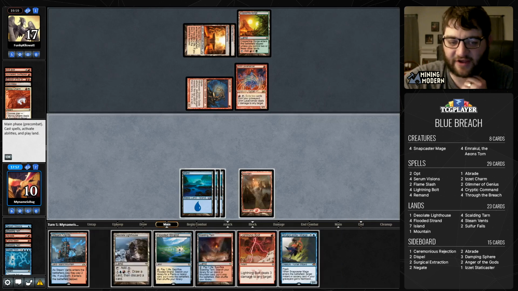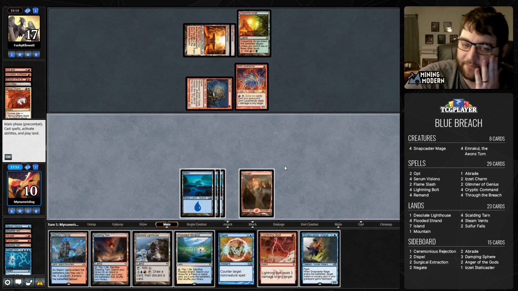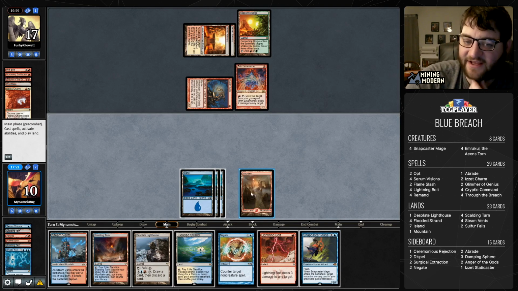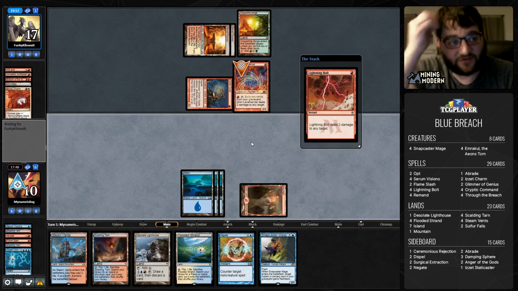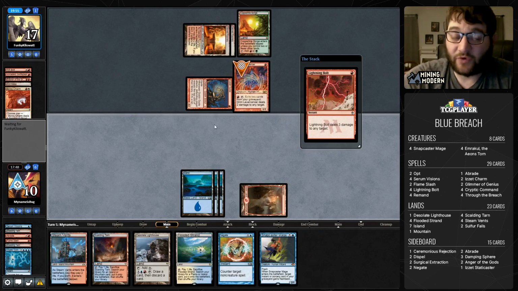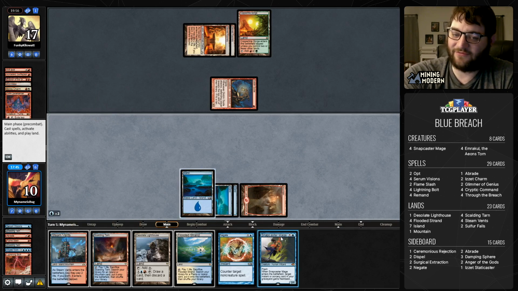This actually doesn't help us because we don't have a second basic mountain in the deck. But I think I'm going to go for this. I think I'm going to bolt the Lavamancer, and I'm just going to Snapcaster Serum Visions because we have to win the game, right? We are, I guess, leaving ourselves slightly open here